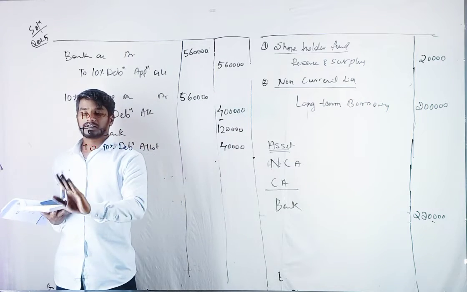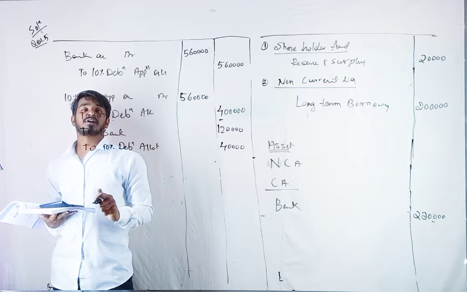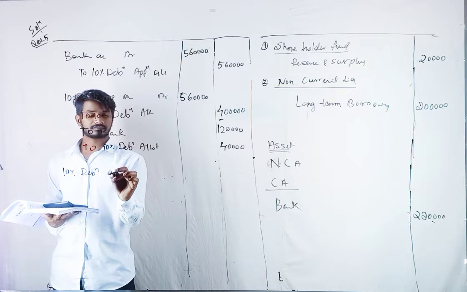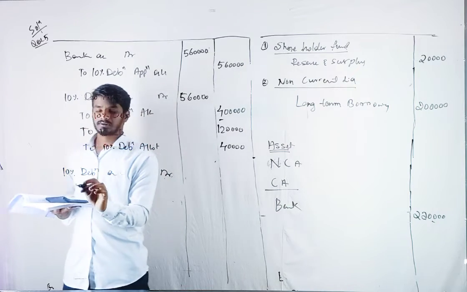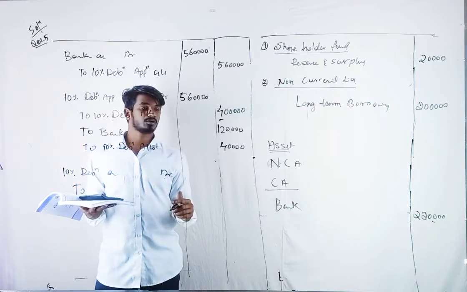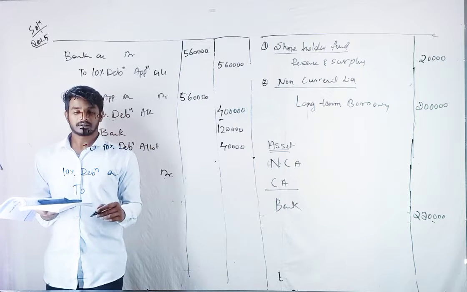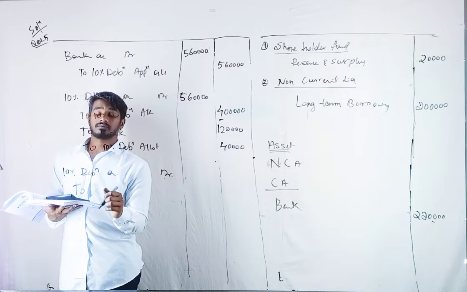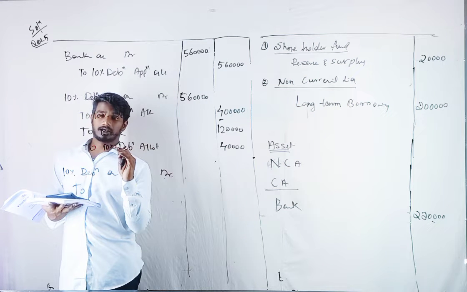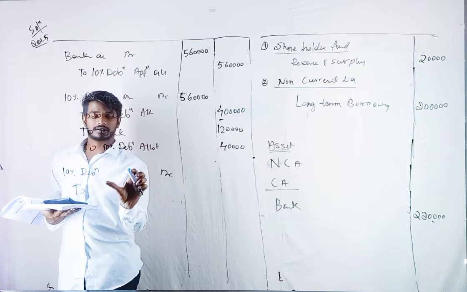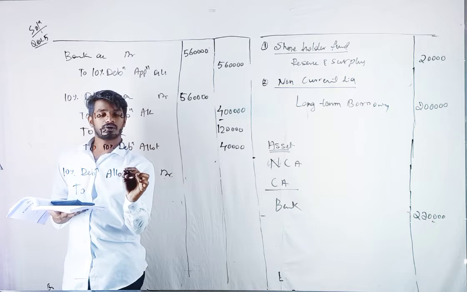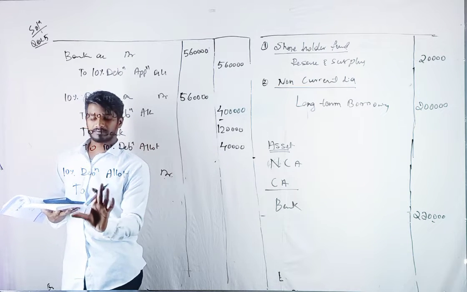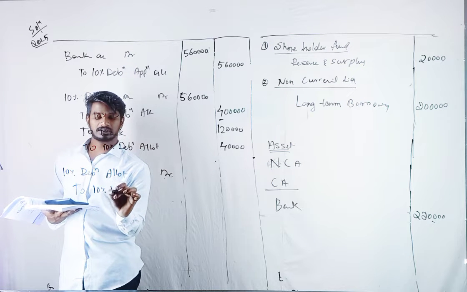Okay, and the next entry will be for allotment, right? 10% debenture account debit. After many examples, these should be very easy for you. 10% debenture account debit to, okay, I'm making the allotment entry, right? 10% debenture allotment account debit to, on allotment we are making due 10% debenture